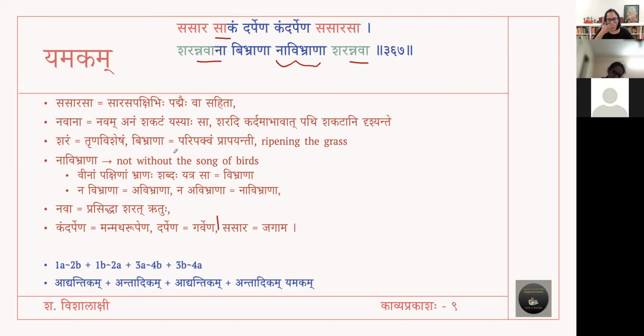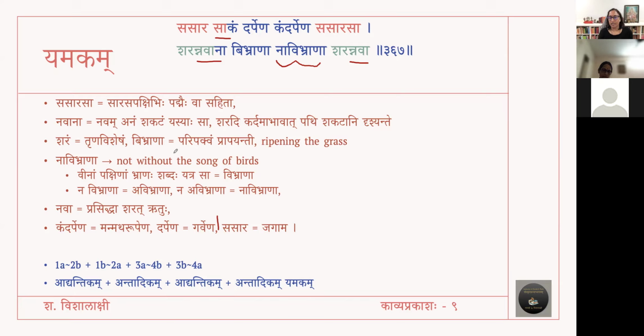There is Samasokti also. But since this is an example for Yamaka, we are not going into that Alankara. But Kandarpena, Darpena, it is as if she is walking around. Lajja Vijita Manmatha. Lajja has been won over by Manmatha. That is a Praudha Naika. So the autumn season seems to be roaming around the world with an arrogance in the form of Manmatha.